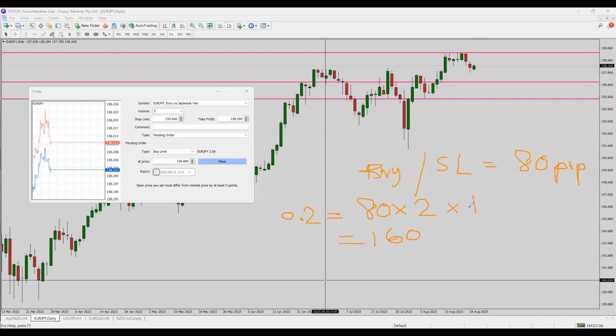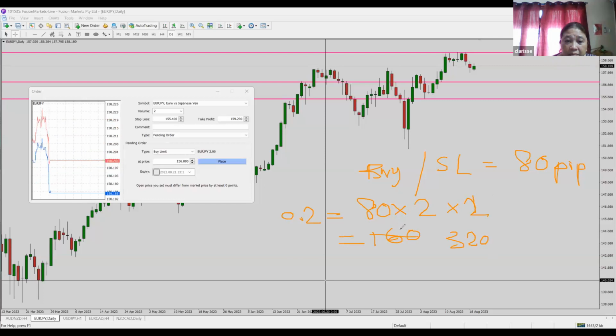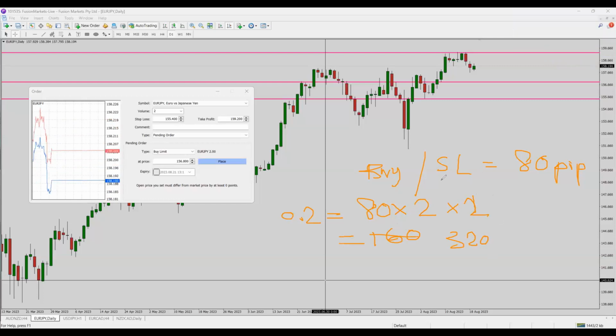If you buy 2 lots, then your loss will be 320. You got it? So how much is your risk, or how much is your loss? The maximum loss is the difference between your entry and the stop loss.